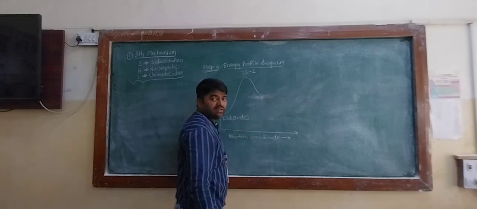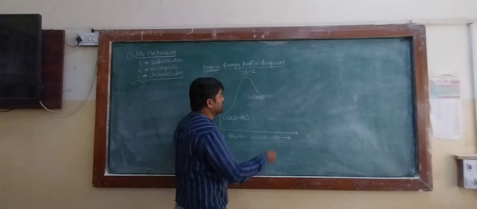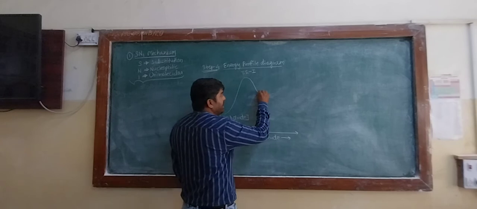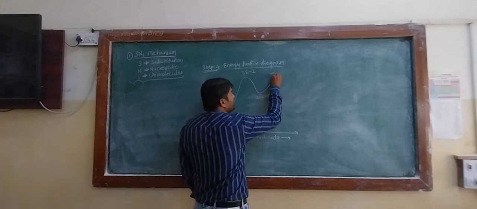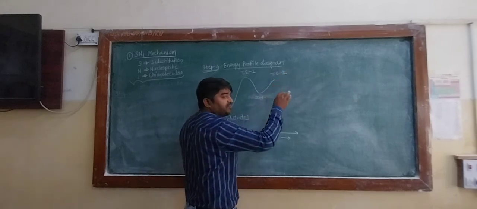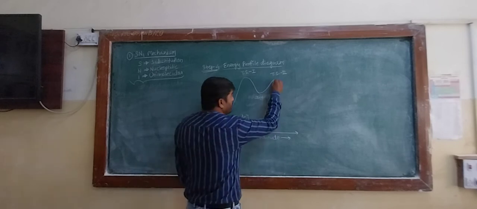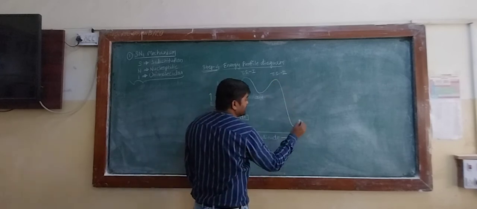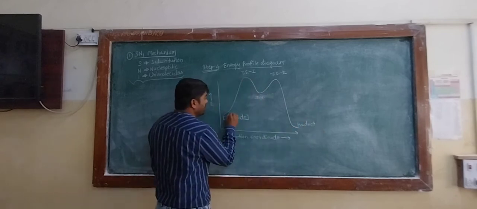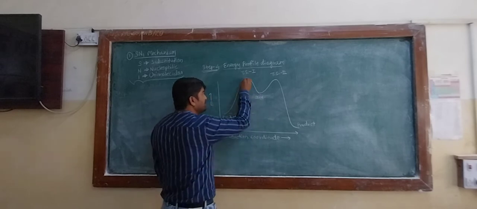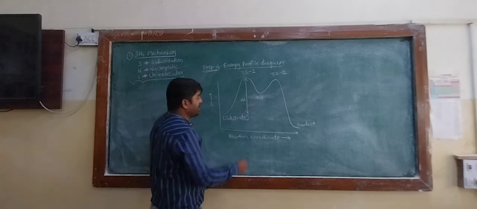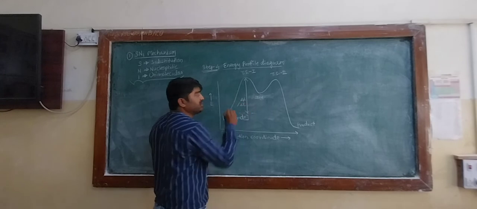Then in the second step, as the nucleophile approaches the positively charged carbocation, there is a partial bonding interaction between the positively charged carbon and the nucleophile. You get transition state TS2. And finally there is a formation of a permanent bond between carbon and OH. The energy of the system decreases and the product is formed. Now this energy difference is called the energy of activation, denoted by delta E.